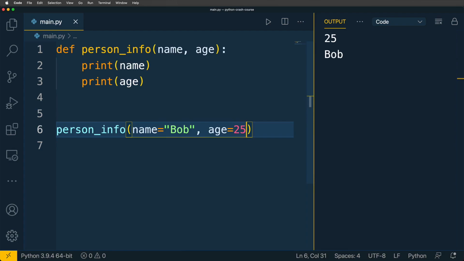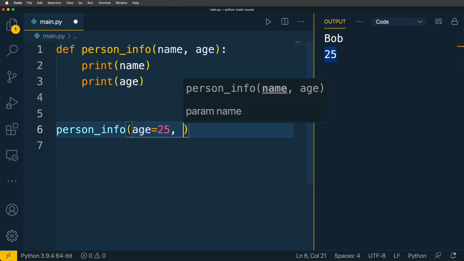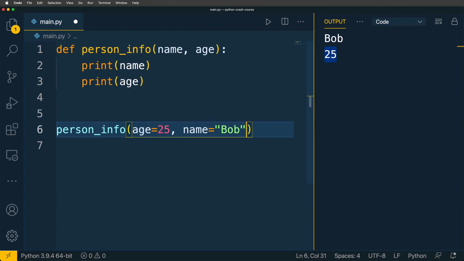Let's now run this code, and I see that the function was executed, and here is the expected result. Name is Bob and age is 25. And now I am able to change the order of those keyword arguments. Like that. First will be age with 25 value, and next will be name with value Bob. Let's now run the application, and the result is the same. It means that with keyword arguments, where you explicitly specify the name of the parameters, age and name, order does not